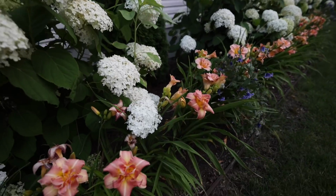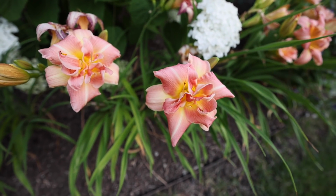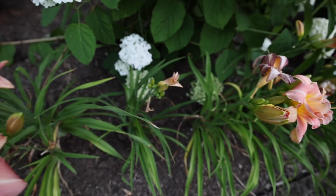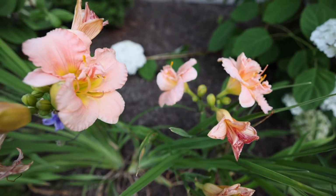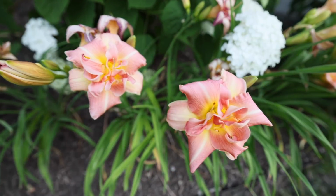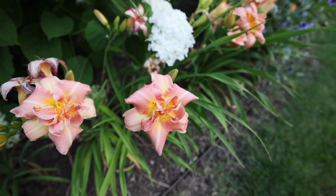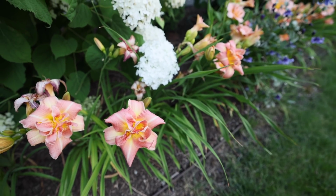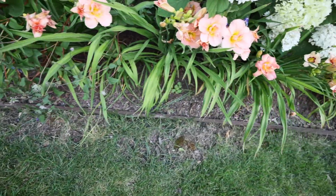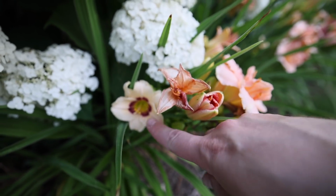So actually here is one of them, and this one is actually gorgeous, and it is the second replacement that they sent me, and it looks close enough to the Salome Double Classic that I actually like the way it looks. This is the regular Salome Double Classic, and this is what I was sent. It looks very, very similar, but it has this very interesting white stripe down the middle, which is quite honestly very beautiful. So I'm keeping those in there, but this is the Imposter Day Lily, which completely clashes with everything else around here,